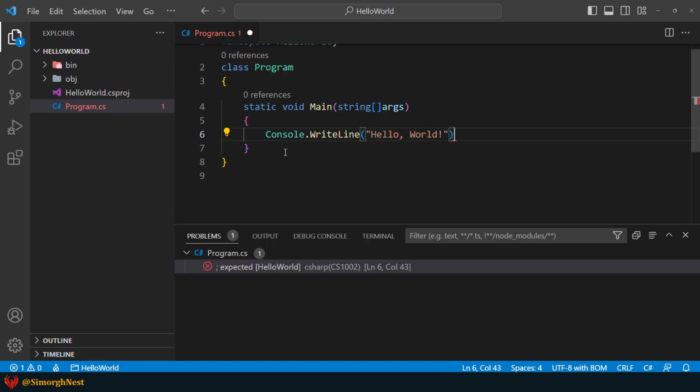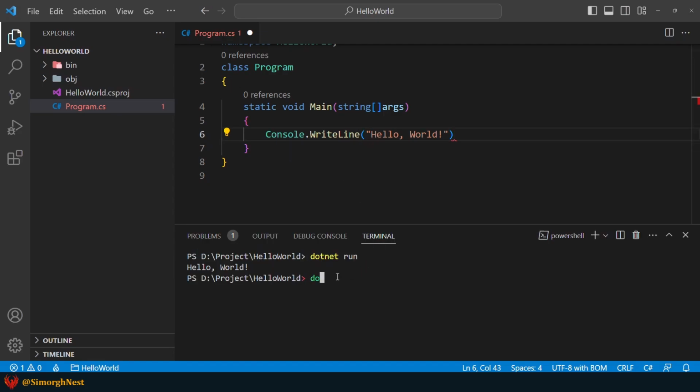So, let's run the application and see what happens. Okay, as you can see, the app runs successfully because we haven't saved the change. When we have a white circle in the corner of the editor tab, that means we haven't saved that file.